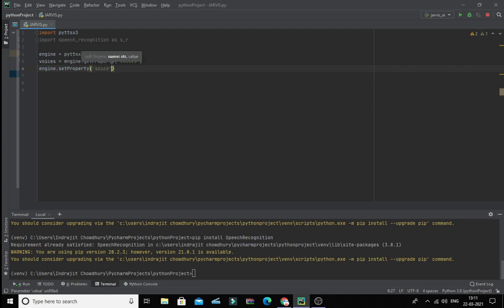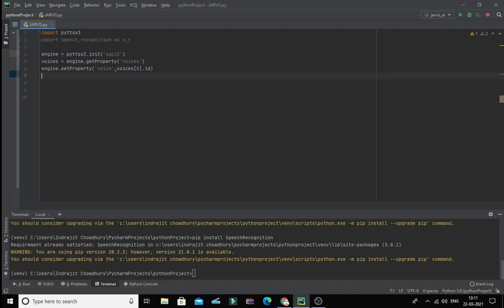Within the brackets there will be two parameters. For one parameter I will type voice, and giving a comma, I will give another one which will be voices, and within that, the index of the voice, I will give 0, and then I will write .id. This 0 is basically for the voice that is already present in the computer.